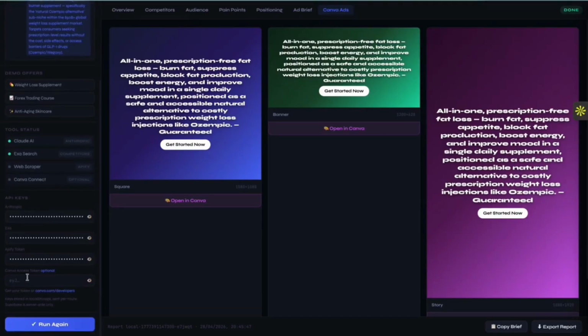Like Canva doesn't support a public access token, and that can be accessed